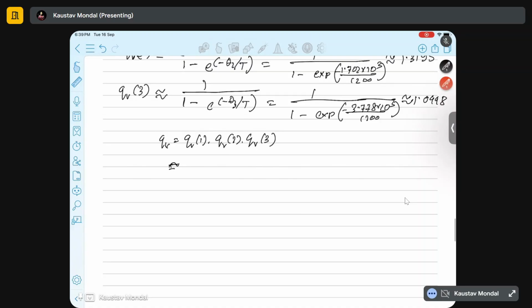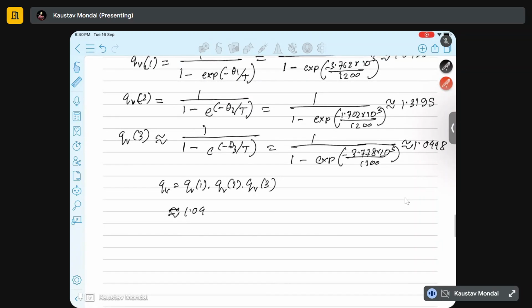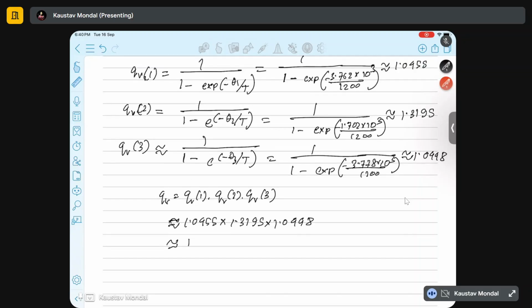Now it would be approximately 1.0455 into 1.3195 into 1.0448, right? So the answer is approximately equal to